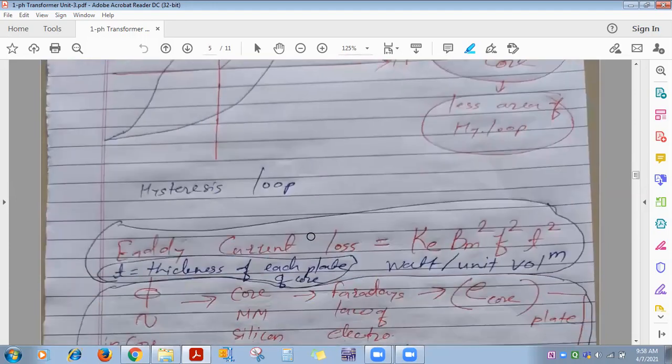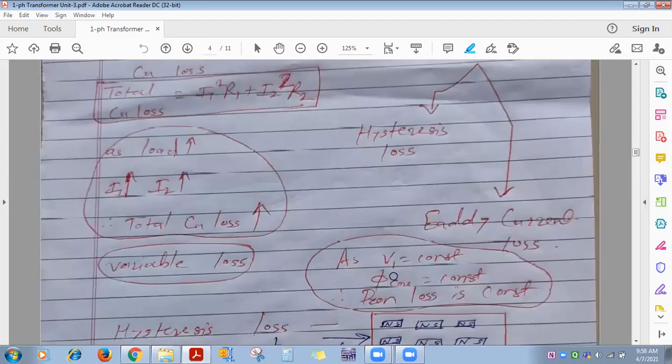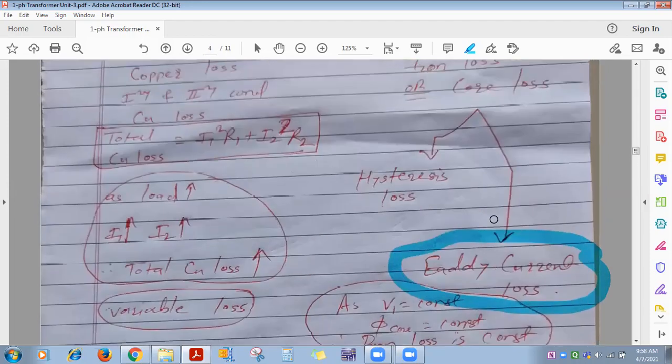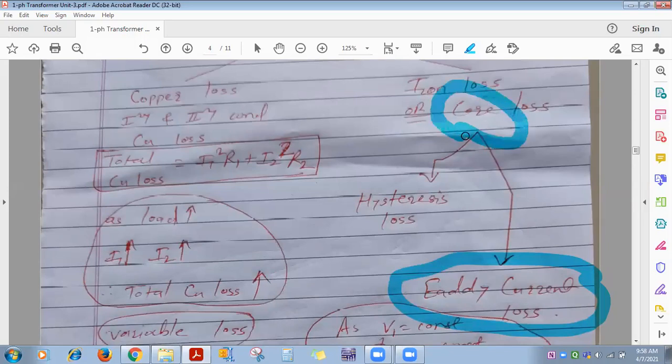Okay, we'll see next the eddy current loss. Another is what? Eddy current loss. Both the losses I told you take place in the core. We are talking about the core. This core, I told you initially also, is not solid, it is laminated. Thin silicon steel plates of thickness 0.3 to 0.5 mm get manufactured. Varnish is put on both the sides of the plates as an insulating material, and like this a number of plates are stacked together. So like this a laminated core gets manufactured. That core is not solid, it's laminated.